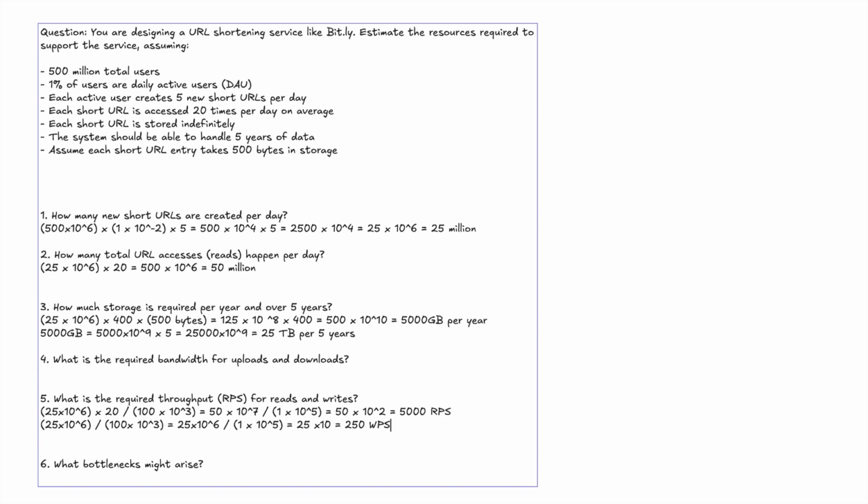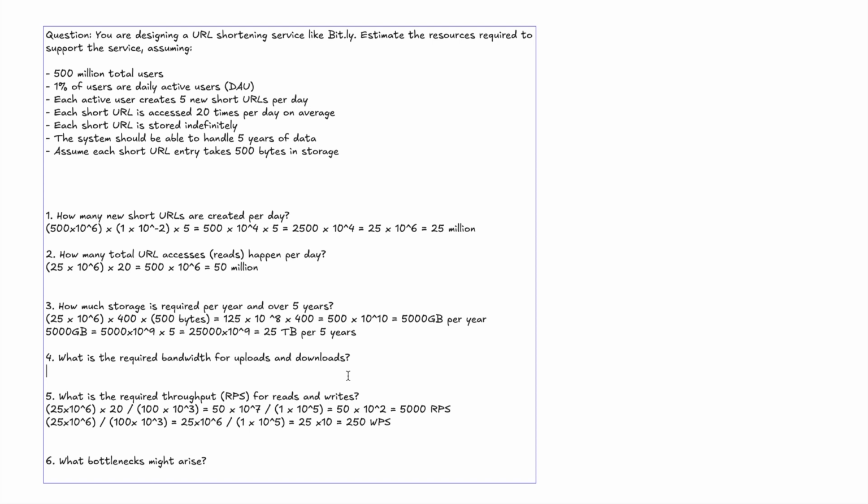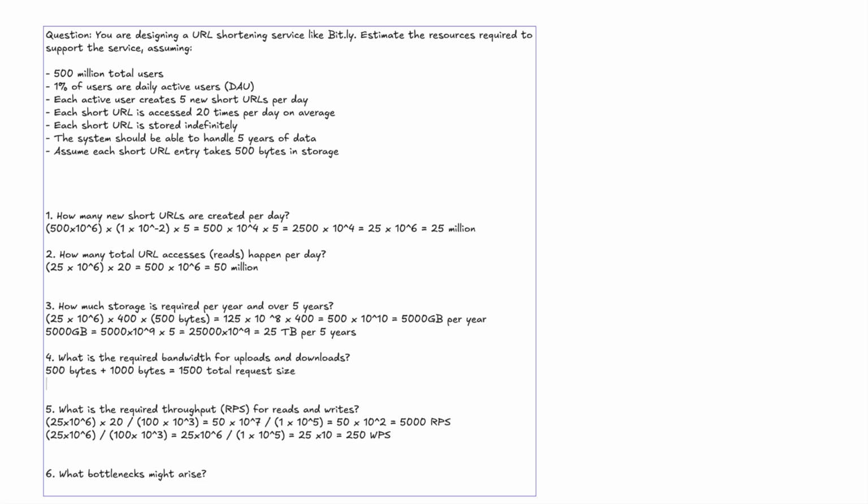All right, so now that we know the reads and writes per second, let's do the bandwidth calculations. So now our bandwidth calculation is just a function of our reads and writes per second rate times the amount of data we're actually transmitting. So we know that each URL is 500 bytes, but we also know that when we do send a request, we probably have to estimate that other data is going to be part of the request. So I'm just going to add an extra 1,000 bytes for any other request information, like the request headers or any other data. Now for our reads per second or download bandwidth, we need 5,000 reads per second times 1,500 bytes, which is going to equal